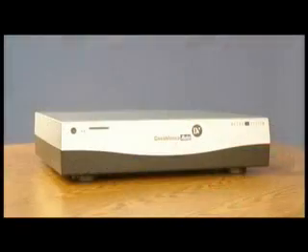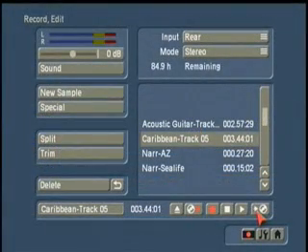Now, if you're one of the folks that has one of the original Avio units that did not have the internal DVD drive, this particular feature is not available to you. We would be happy to talk with you if you were looking to upgrade your Avio to one of the newer models that does have the internal DVD drive. But again, for all the other folks that are working with the internal DVD drive, here's how that feature will